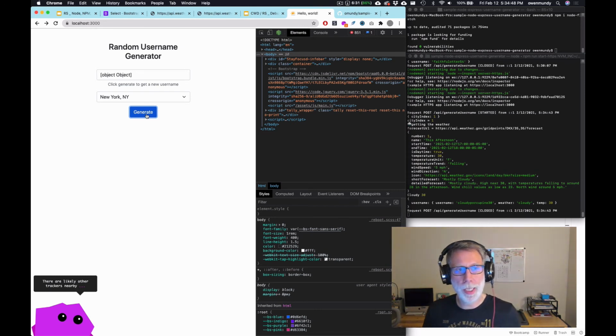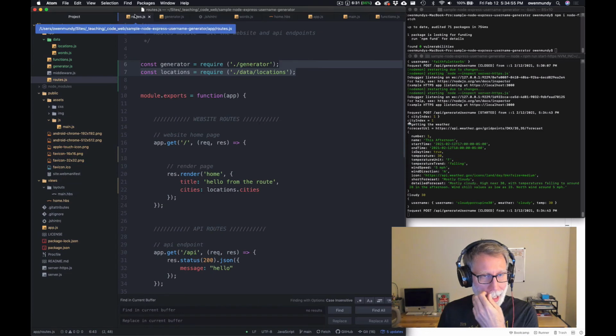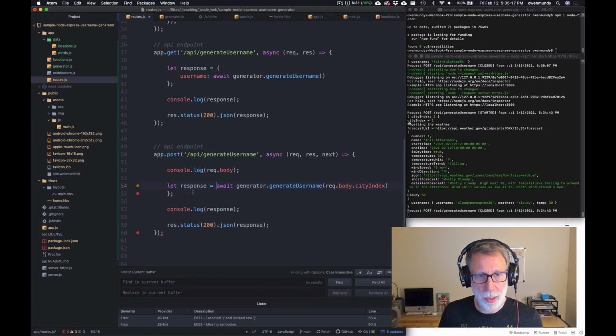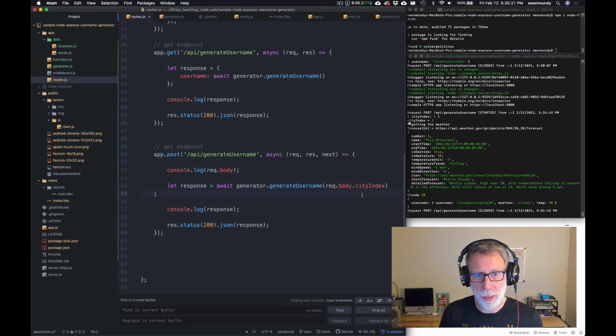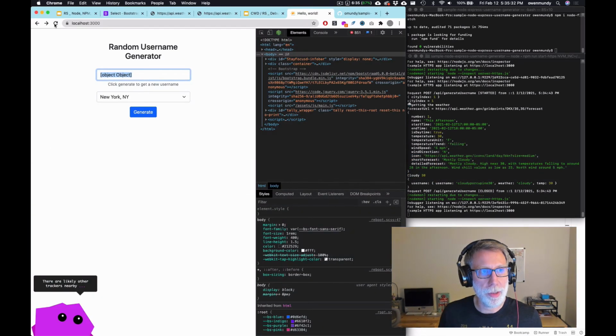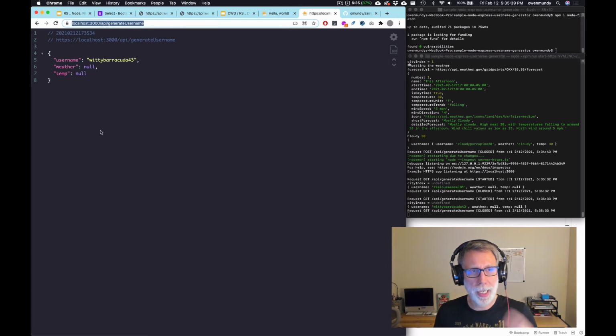All right, so we have data here now, but it's the object. Remember, because we just changed it from sending a string back to sending an object back. So we need to change this on the route. Instead of building a response like this and storing it inside the username variable, we're just going to make the response look like this and just store the entire object as the response. And we'll do the same thing up here too. And so what this means is I can come over here now and I can refresh the generate username as a get